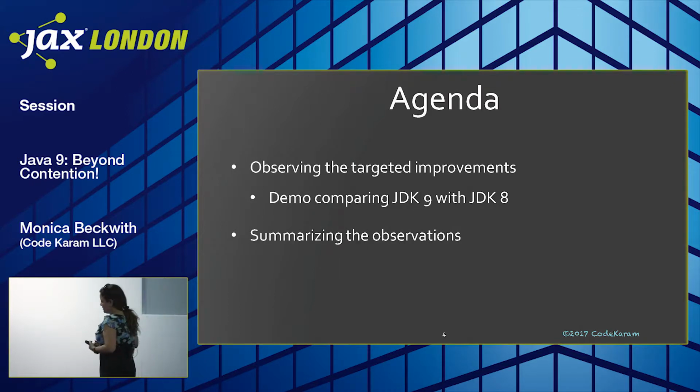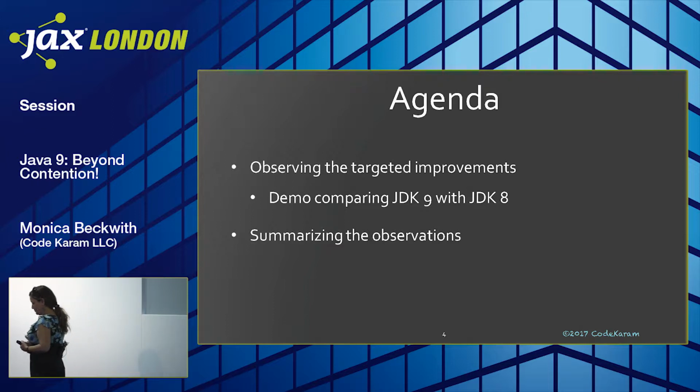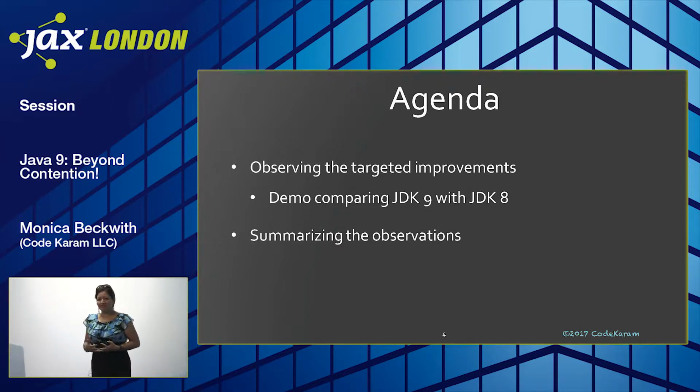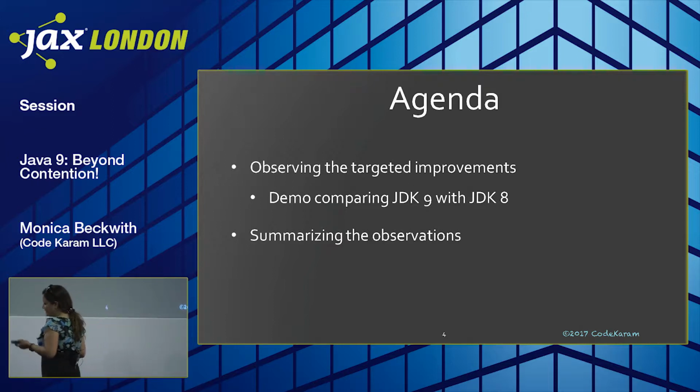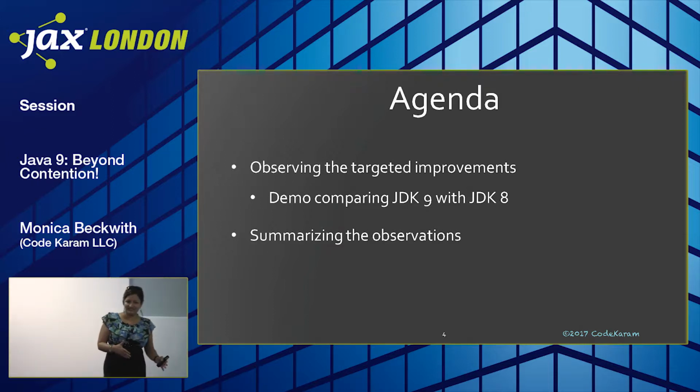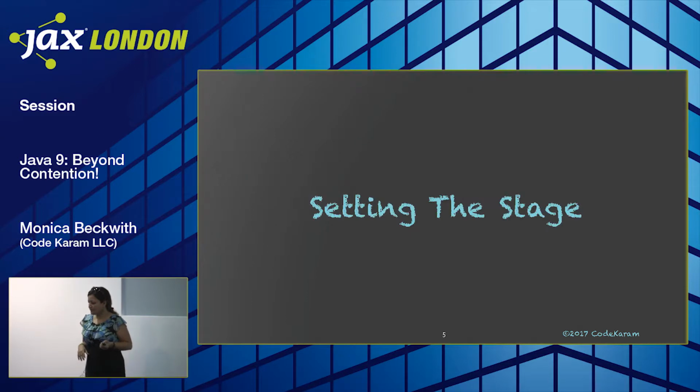The way I will do it, I'll demo a tool that I like to use. I've been using it for more than 10 years now, called Developer Studio. Now it's called Oracle Developer Studio. I used it first for the C compiler, and now I use it for Java, like I said, for more than a decade. Because this improvement is in Java 9, we're going to compare it to Java 8 and see how the improvement shows itself, right? And then summarize the observations.